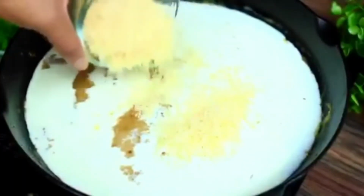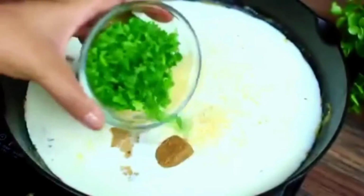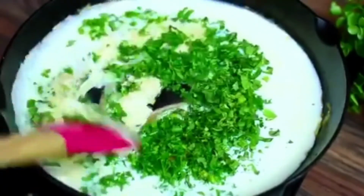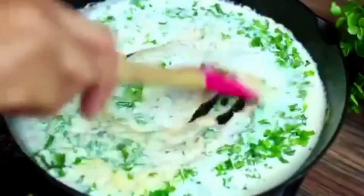Next, we're adding some cubes together with some fresh parsley and fresh basil to boost the flavor. Mix everything together and cook this for about a minute to let all the